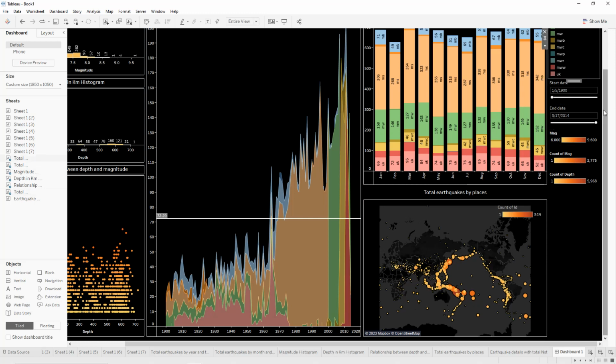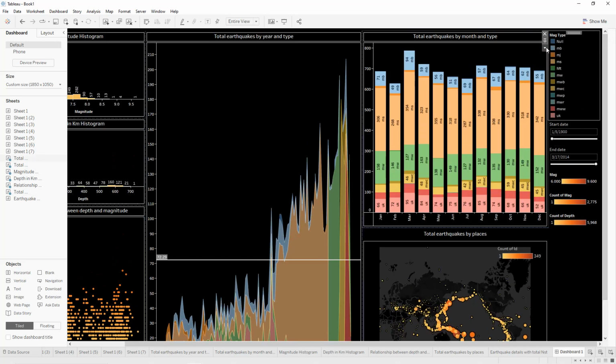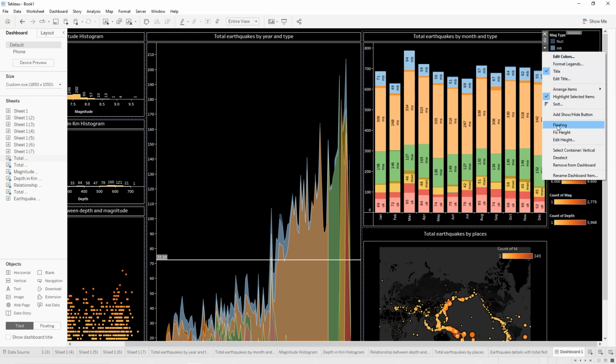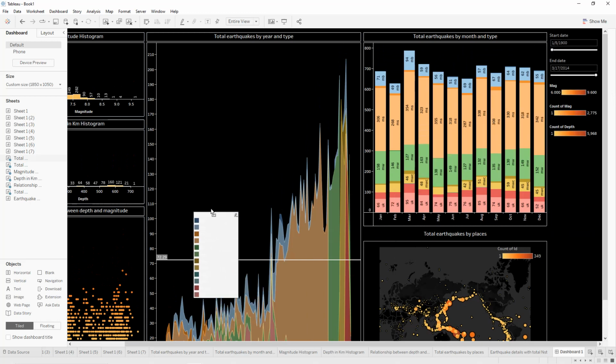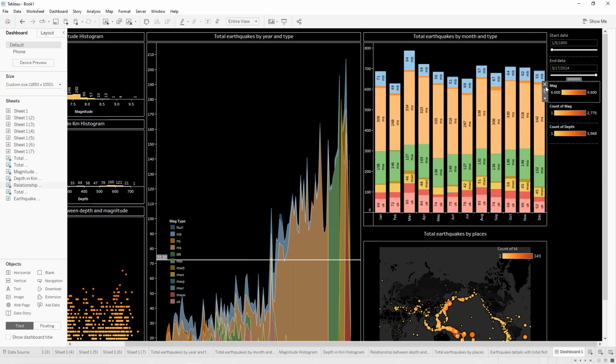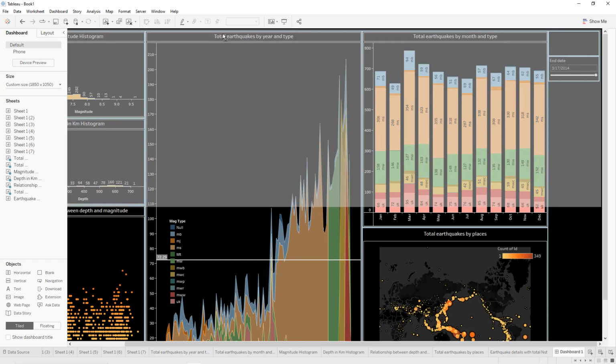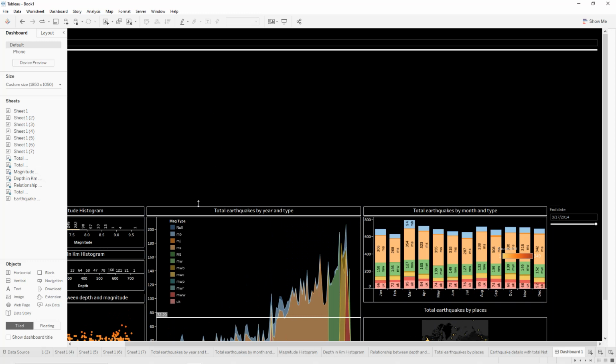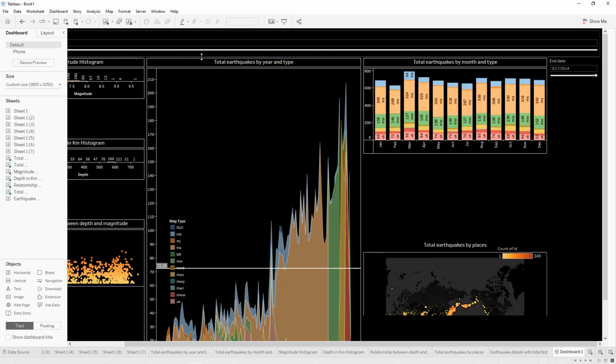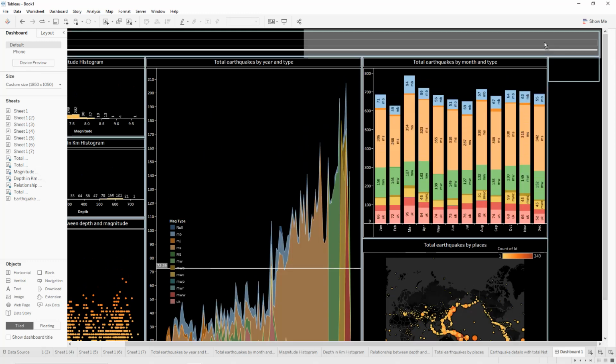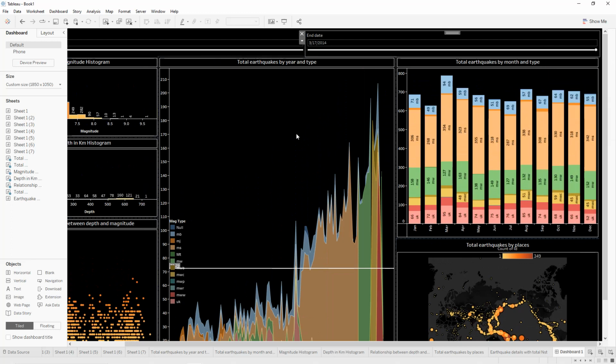Same thing in here. So put it as floating and we put it inside the area chart. Remove this one, remove this one, remove this one. For the parameters, we put them in the top. Okay, same thing for this one. All right,